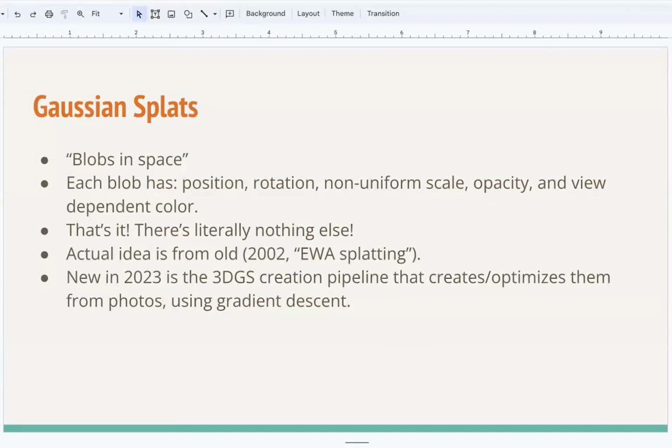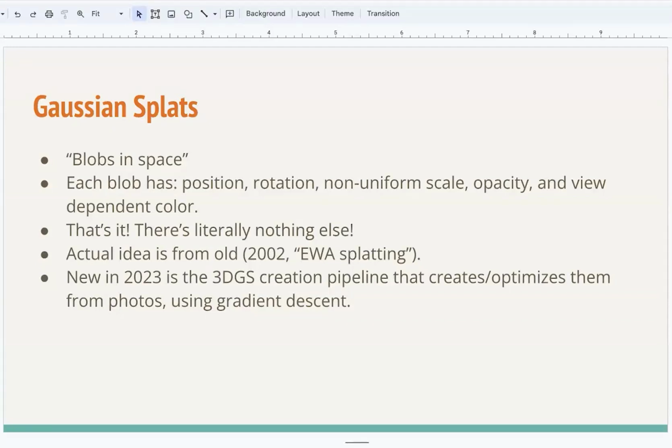It's like a blob that has a position, rotation, non-uniform scale, opacity, and view-dependent color. And if you put enough of them into proper positions and rotations and colors, then you can get decently looking scenes out of that. There's literally nothing else. There's no AI, there's no machine learning, there's no textures. It's just colored positioned blobs in space.